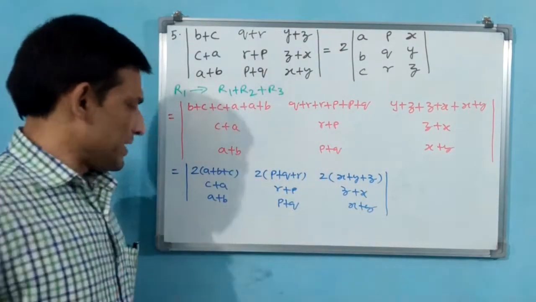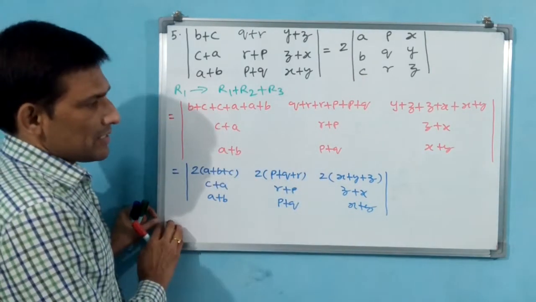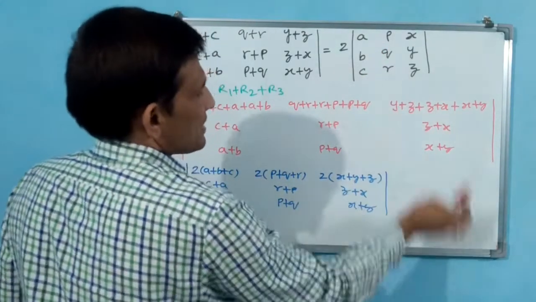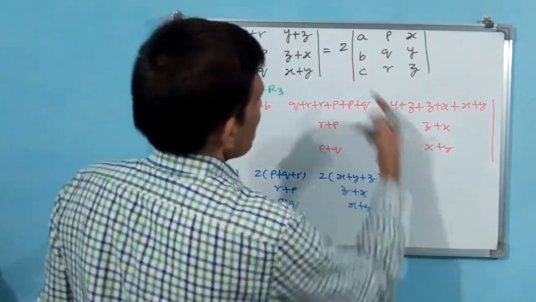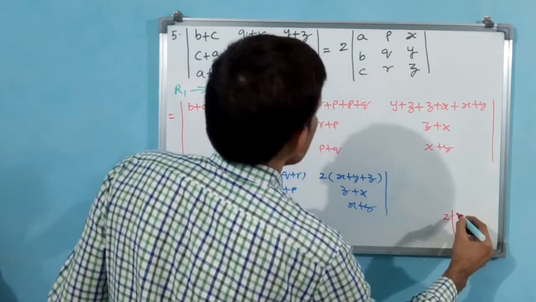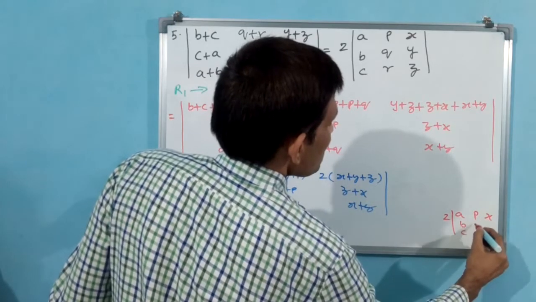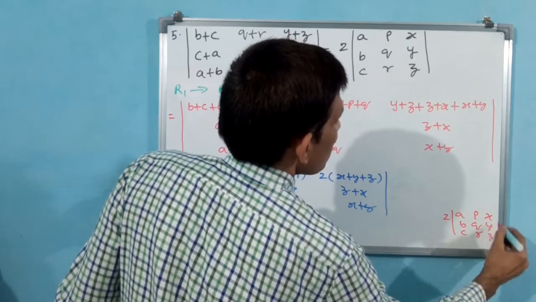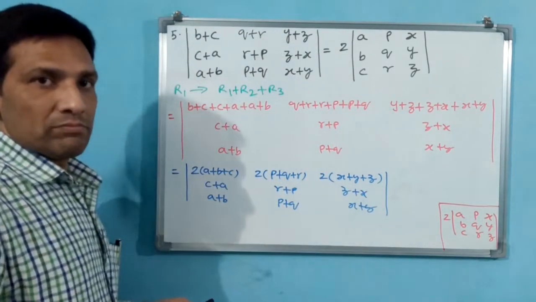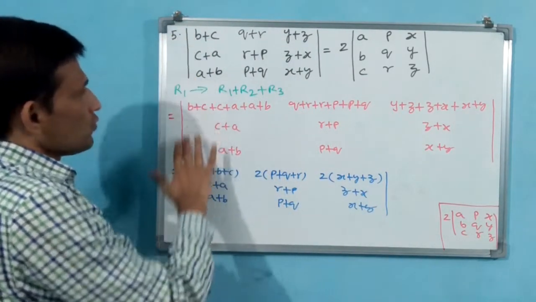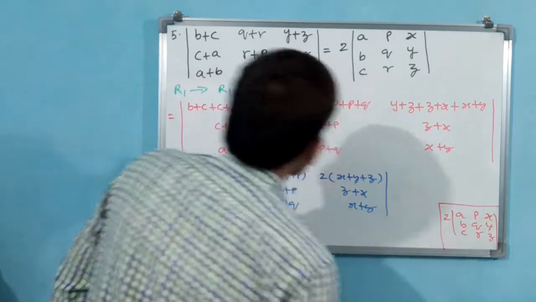Okay. Now wait. See what we have to prove, RHS. I am writing this corner here, or else we are having space here. I am writing here, and we will do further after. See what I am writing: 2 into... You have to prove that determinant of APX, ABC, PQR, XYZ. This you have to prove. I am removing these two rows. Afterwards we are doing it. Okay. Let us do.